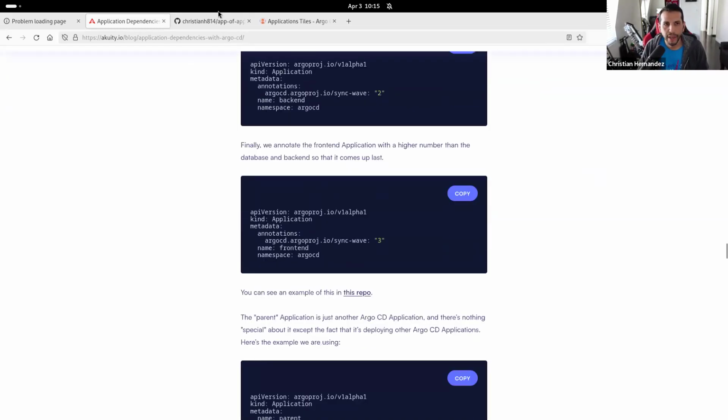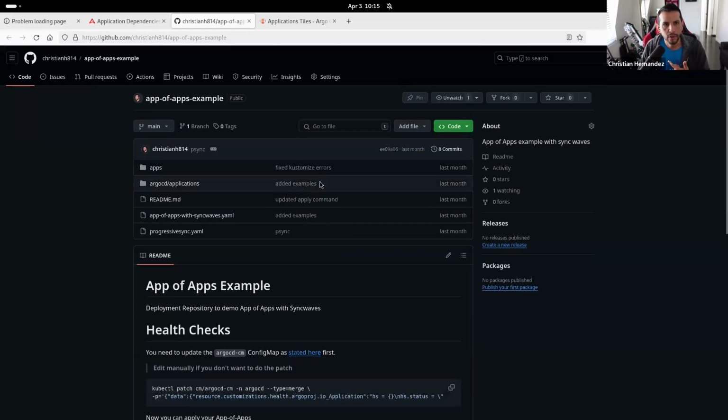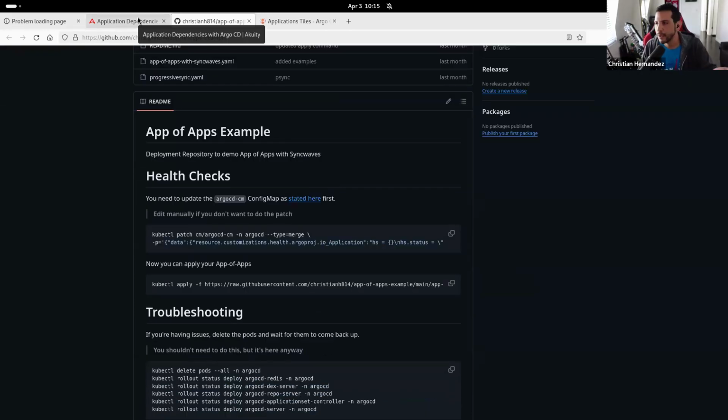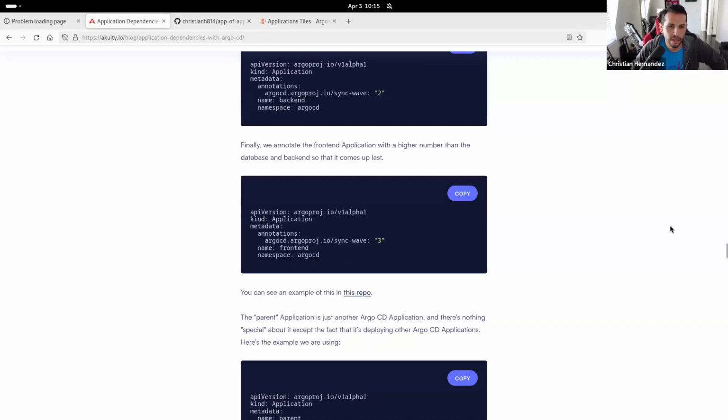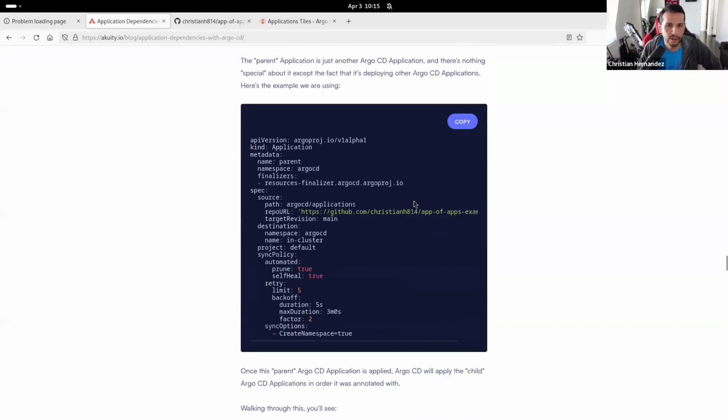And I do have a repo. Actually, I'll put this repo with some of these examples. It's in the blog, but I'll also post it in the doc after I'm done here. From a high level, there's nothing special about this Argo CD application, the parent app. All it's doing is deploying other apps. And since I'm annotating it with sync waves, it'll deploy them as such, with the caveat that you already put your